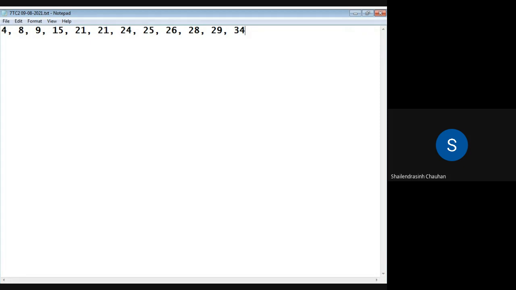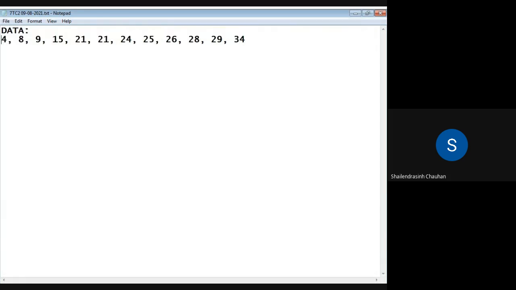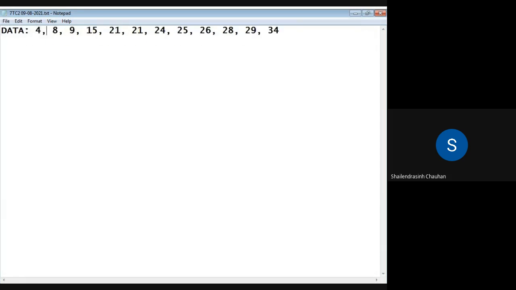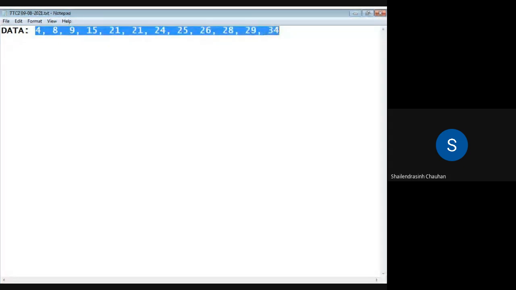Now what we need to do, we need to perform smoothing techniques on this data. So in the exam, data will be given to you. It is not necessary that this data will always be in sorted form. So you need to first verify that.